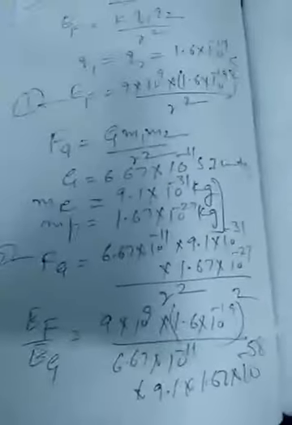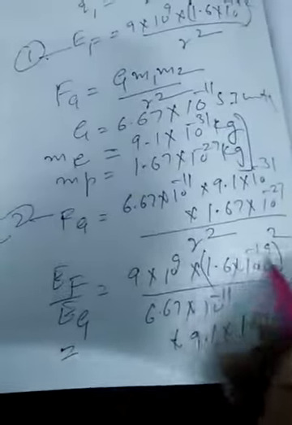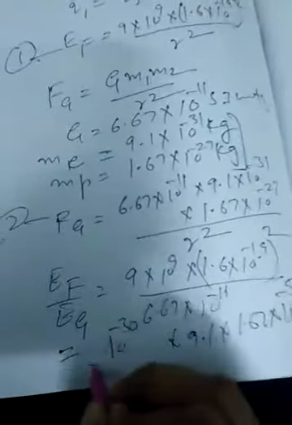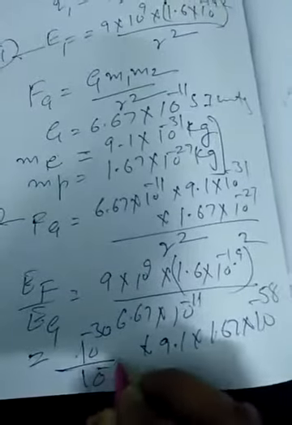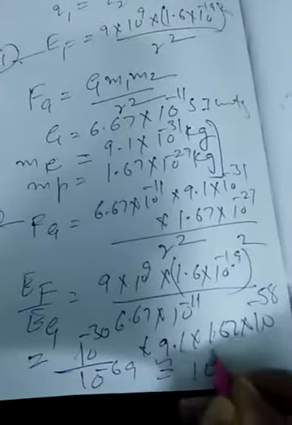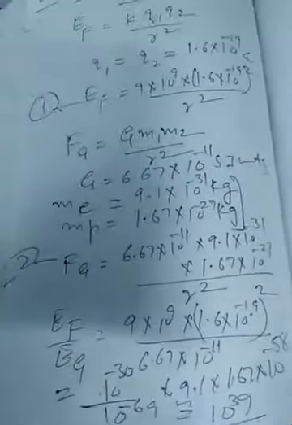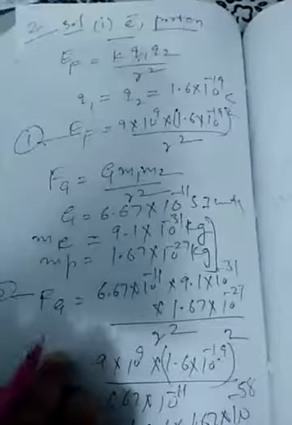Now when you solve this out, some power will come out. We are just going to take the order of this value, so you can do the rest of the calculation by yourself. The power in the numerator will be approximately 9 - 38, that is -30 here, and here it will be -11 - 58, that is -69. So its value will be approximately of the order of 10^39. So the electrostatic force will be 10^39 times stronger than the gravitational force between an electron and a proton.